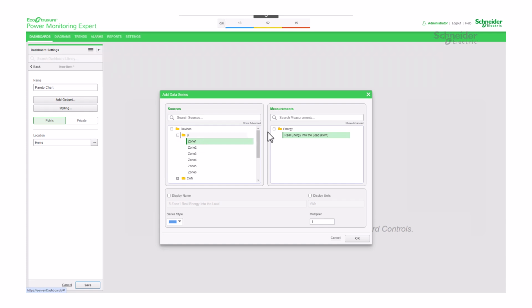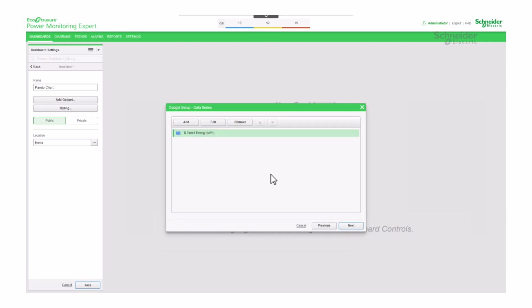At Measurements, always make sure to check from Show Advanced that the checkbox for Displayed Only Measurements with Historical Data is selected. Remember, you can also customize the display name and units. Pareto chart to work needs more than one data series.